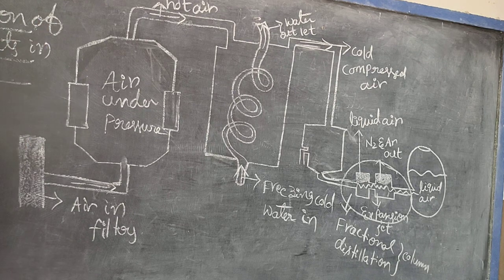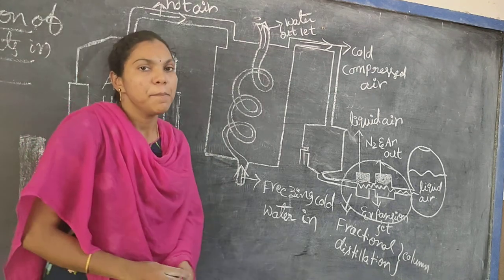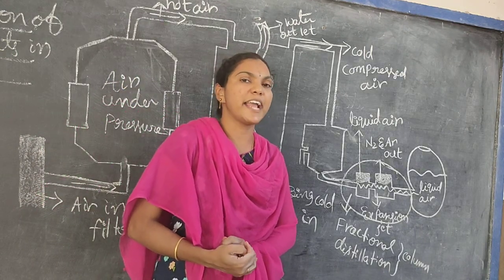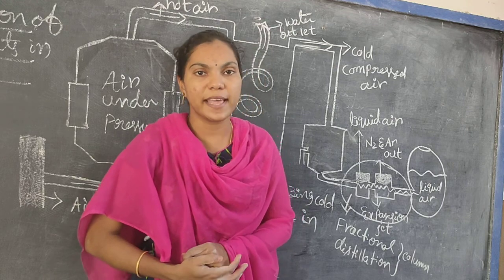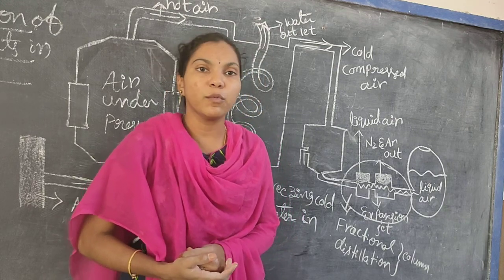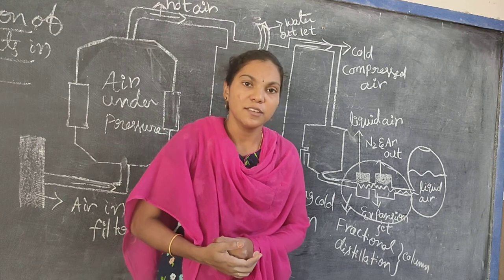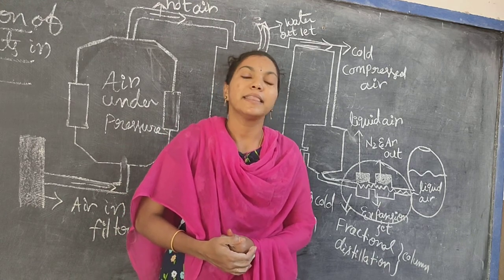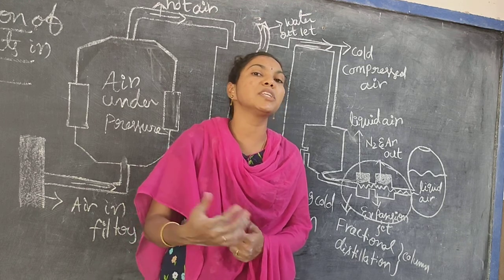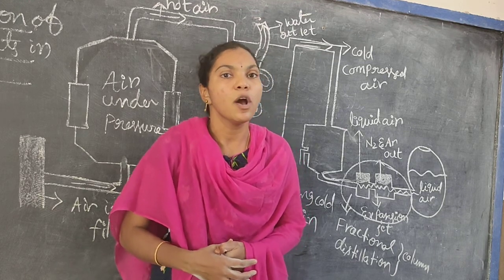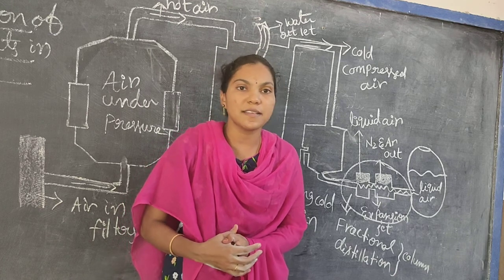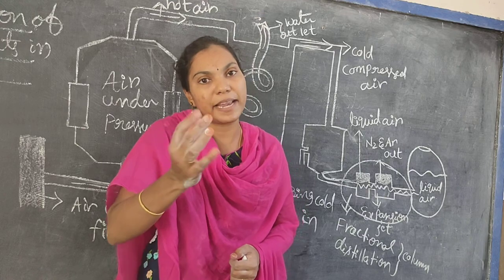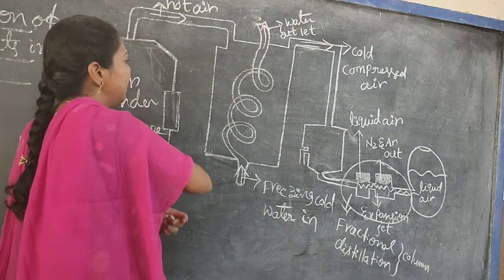Air is a mixture of a number of gases like oxygen, carbon dioxide, nitrogen, and the remaining noble gases which are present in atmospheric air. That's why we can say air is a mixture of all gases. From that mixture of gases we can separate the oxygen. Oxygen is very important. It is a breathing gas for us. That gas is separated by using this technical equipment.